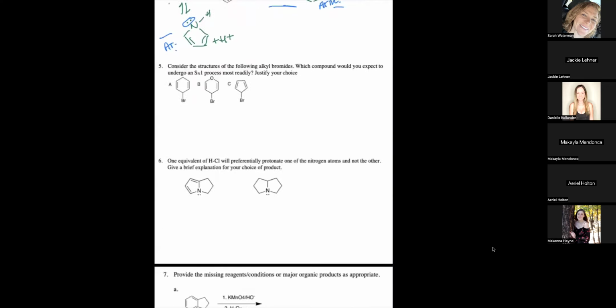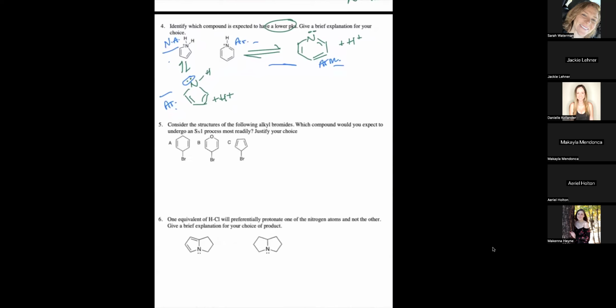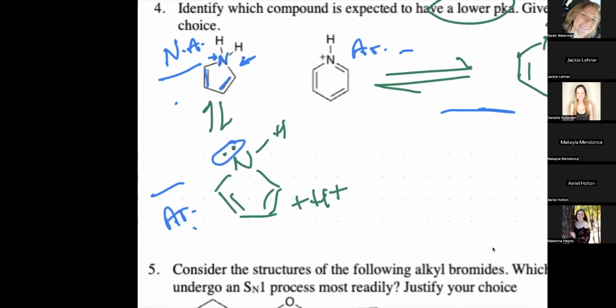Wait, Sarah, can I just ask a question? Yeah. Can you just explain briefly again? You mentioned that one of them is a conjugated system and the other isn't. What are you looking at that tells you that distinction? Oh, here, this is non-conjugated, right? It's non-aromatic because the nitrogen isn't donating anything to the ring. It's positively charged, so it's not donating to the ring at all. So there is no conjugation. This is sp3 hybridized, right? Versus